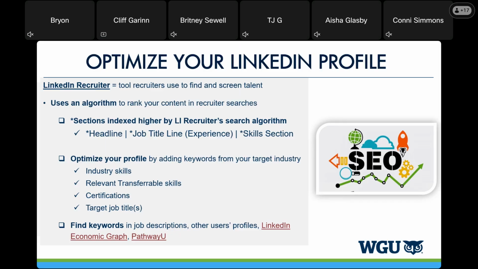To find those keywords, you can even use ChatGPT. You can use Copilot. You can use any kind of AI. The prompt could simply be: act as a recruiter and give me the top 50 keywords for a software developer in the gaming industry.